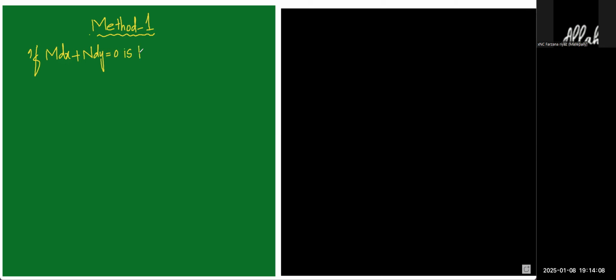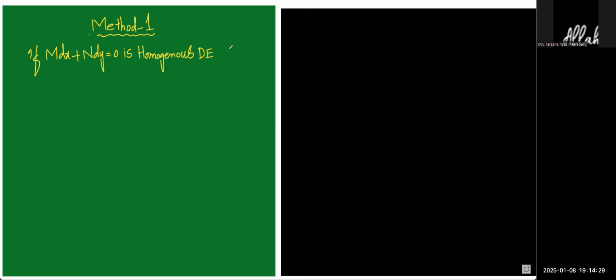I will explain what is homogeneous also. This is actually the identification that if it is M dx plus N dy is equal to 0, it means exact differential equation भी है और homogeneous है. Homogeneous differential equation